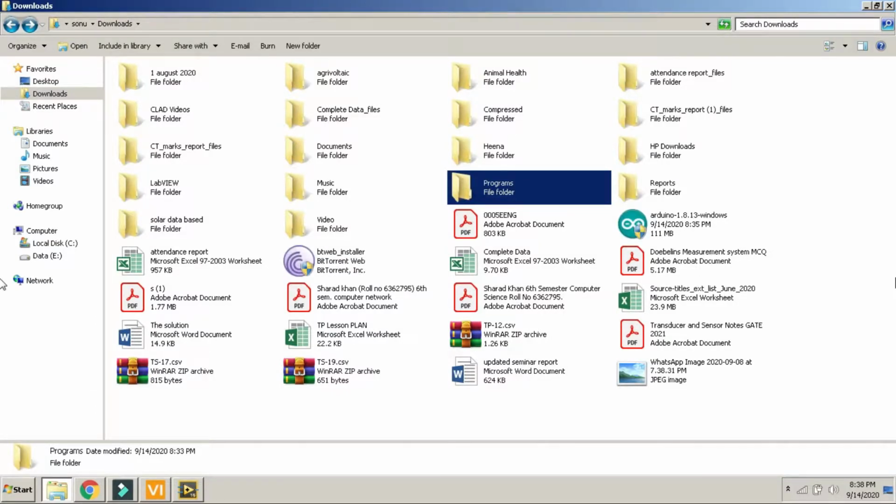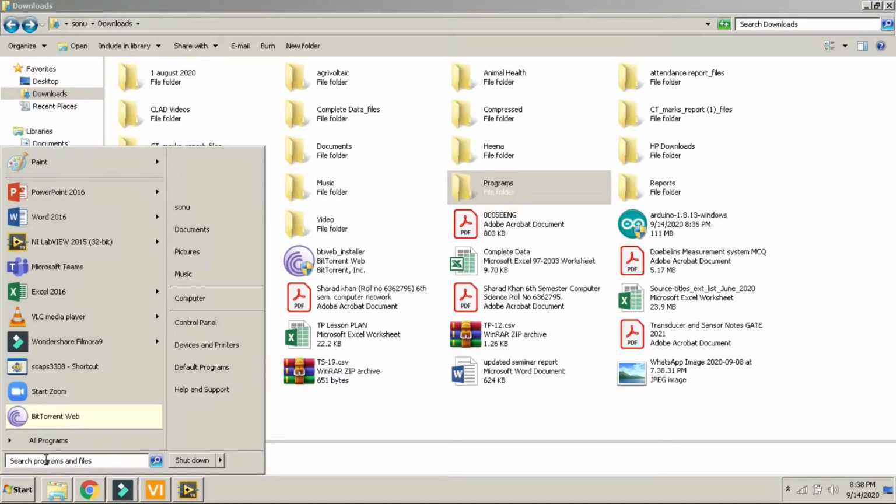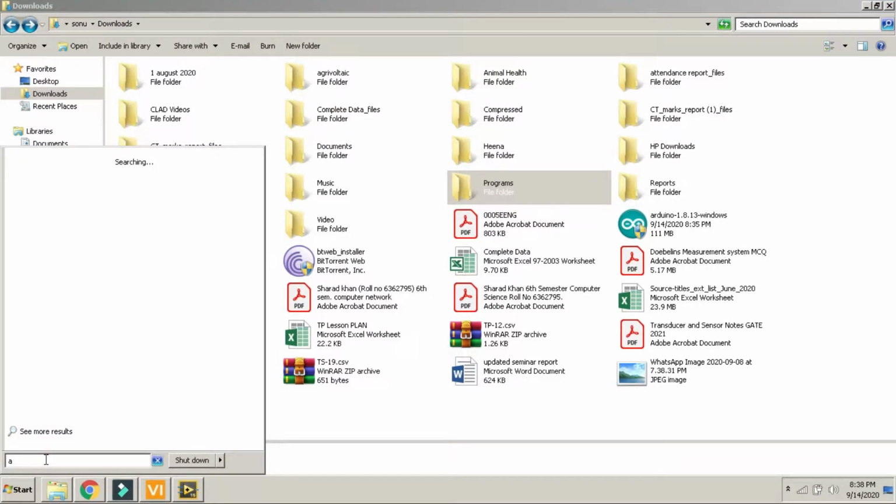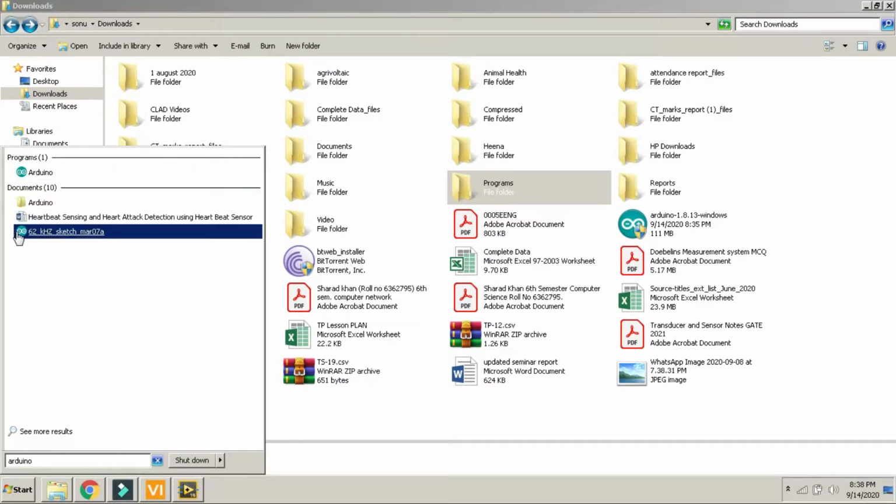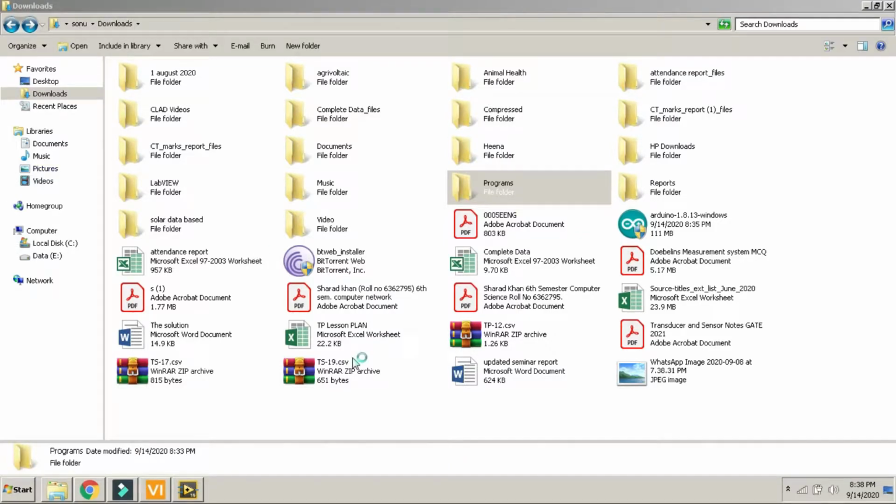When I connect my Arduino with my PC using the USB port, here I am opening my already installed Arduino software. It gives me a port, basically a COM port. If you didn't install this software, you cannot access your Arduino.